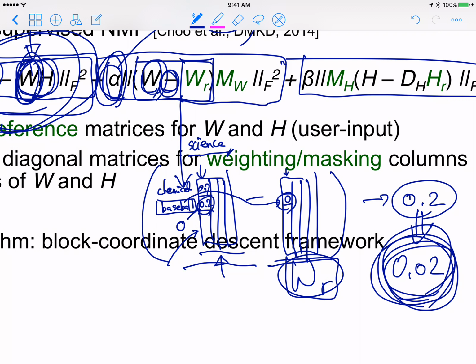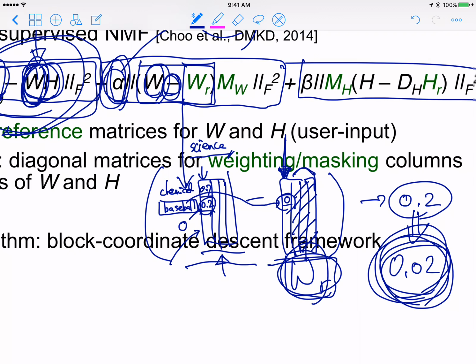Let me ask a question at this point. What if we want to supervise, or give user input about this reference, on the first virtual document, but not on the other 3 documents? We don't want to give any information about these; we don't want to additionally supervise the latter 3. We only want to supervise on the first column. In this case, what we can do is